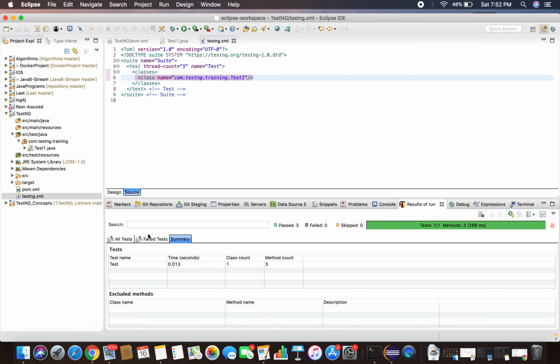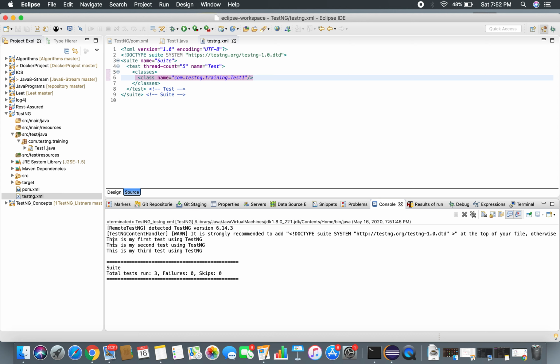This is the testng report. Let's go to the console for now. See, this is my first test using testng, second test, and third test. All the 3 tests are successfully executed, which is the same as previously when you ran from the class. Okay, this is how you create a testng XML.